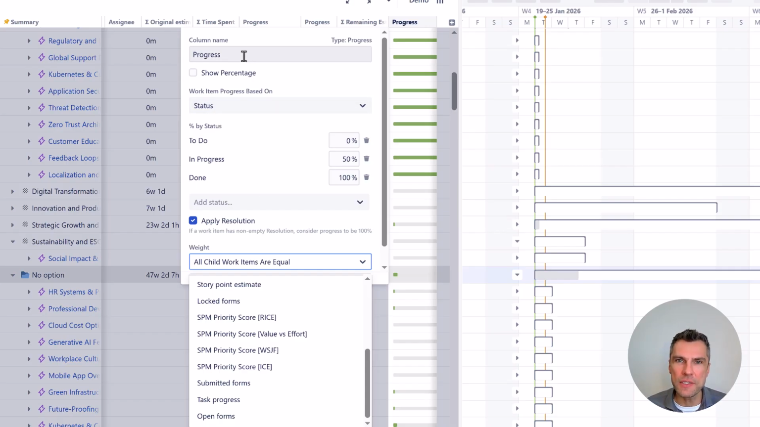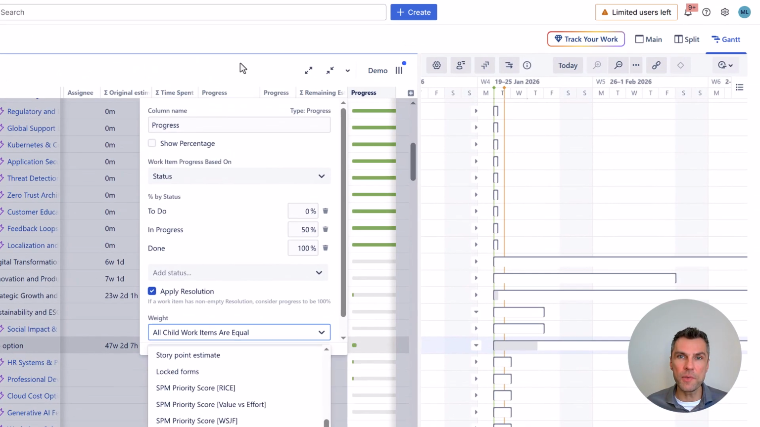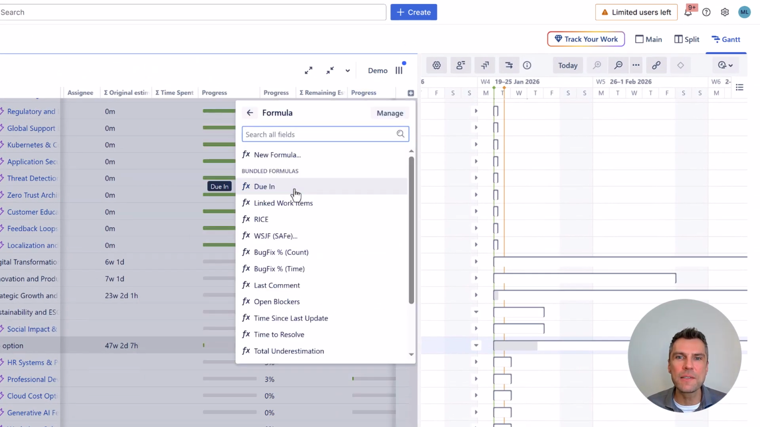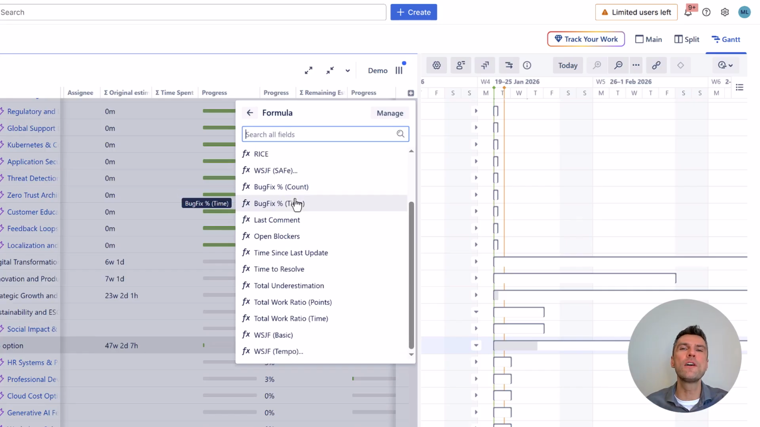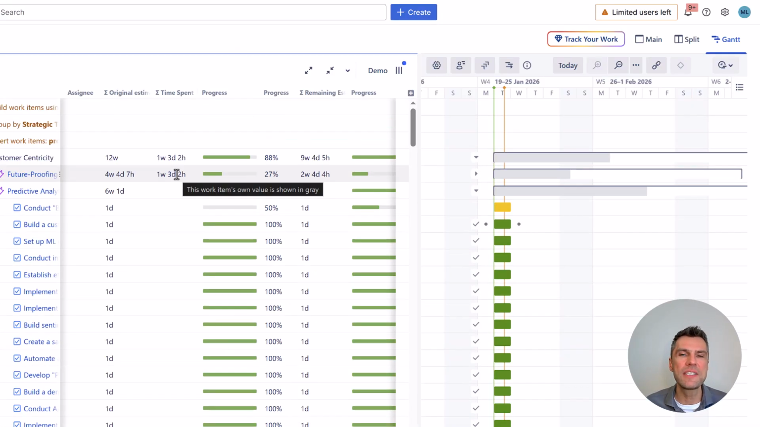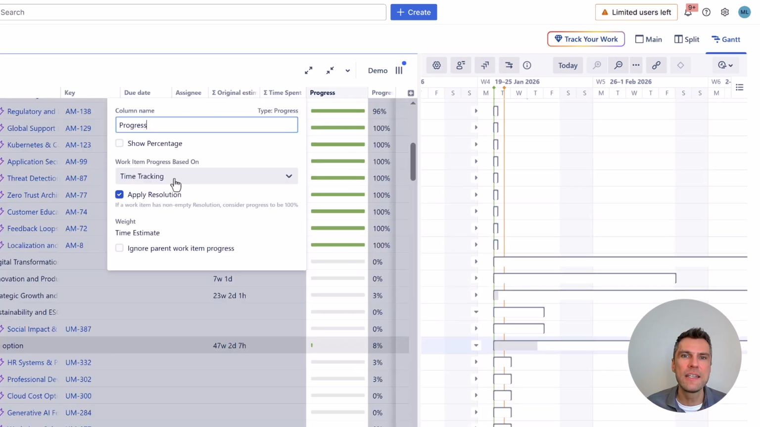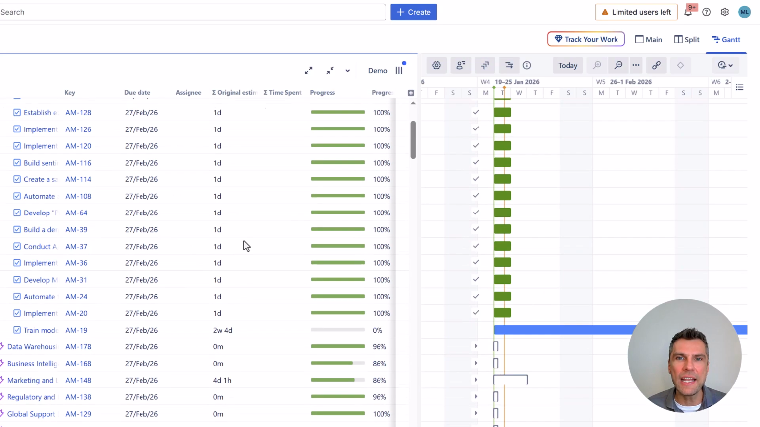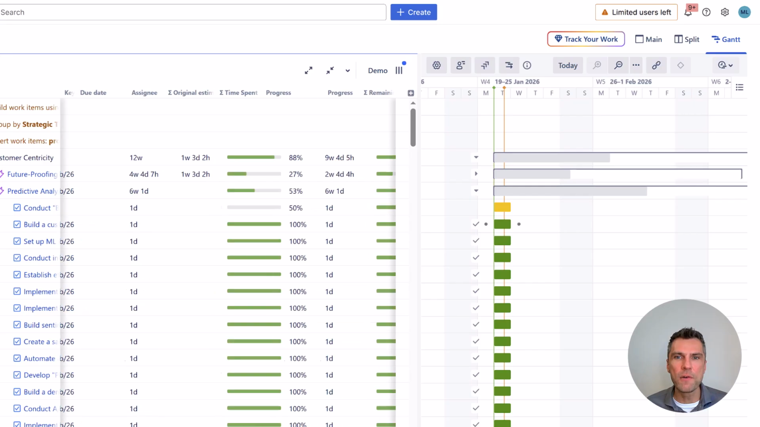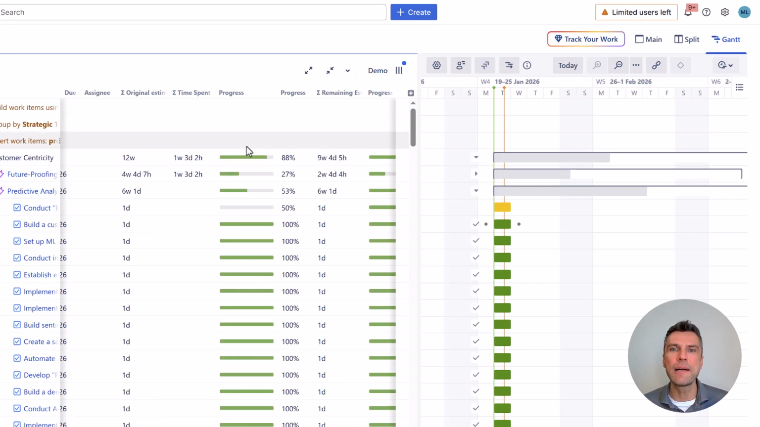Instead of using the out-of-the-box progress formula, you can create a custom formula that will convert all the different units into unified values with a common denominator. Assuming all your teams use time estimates, out-of-the-box progress that calculates the progress based on time tracking will be more precise, will be as accurate as possible, and hence show me the correct progress for this particular epic and roll it up all the way to the strategic theme or any level within the hierarchy that you've created above the